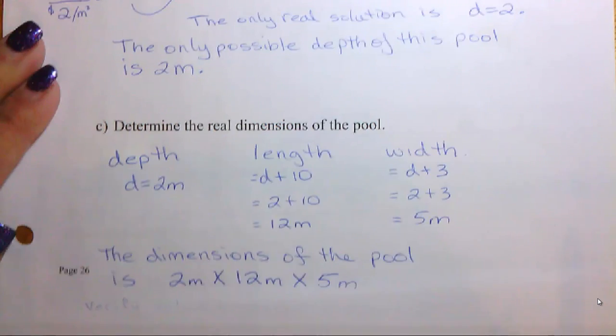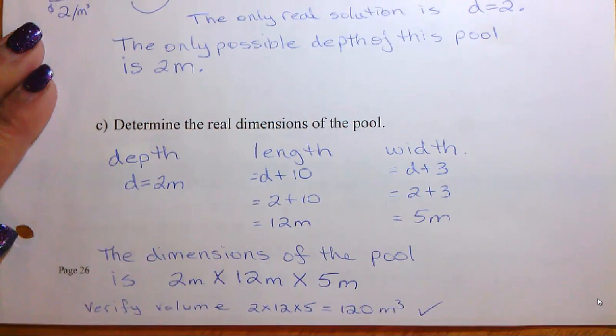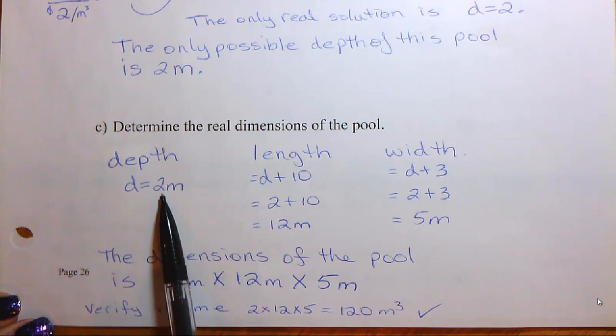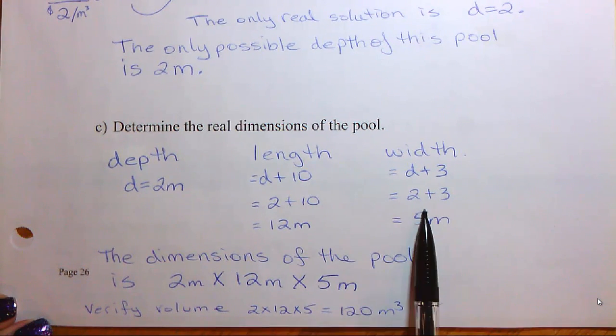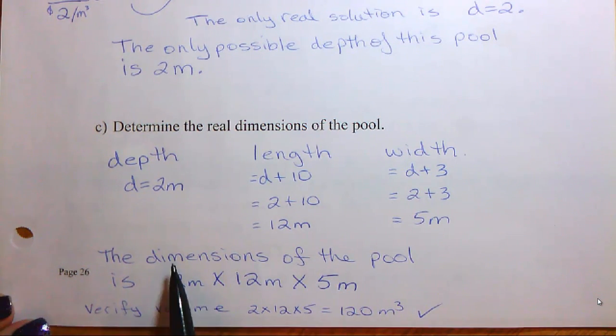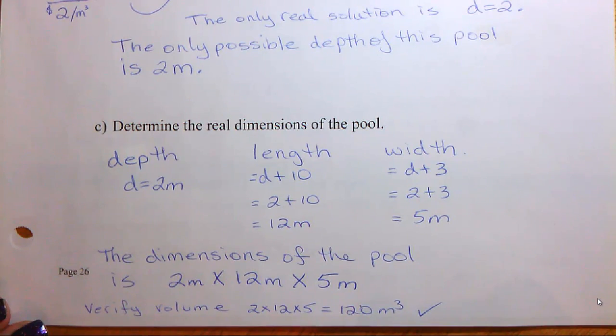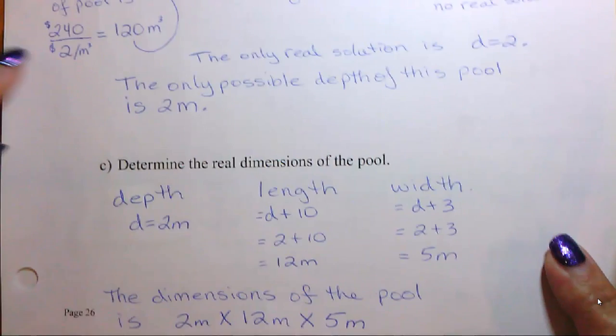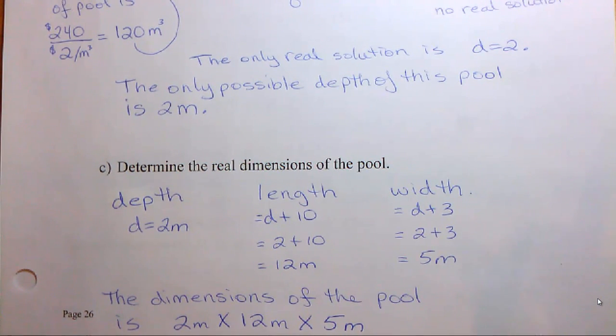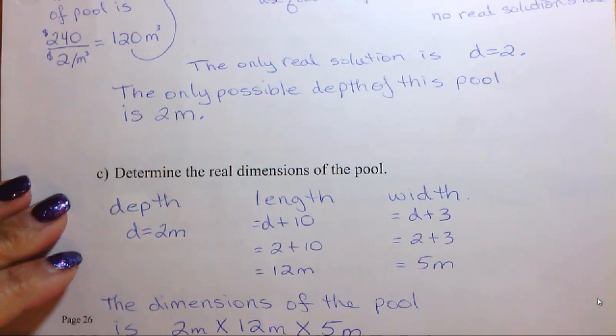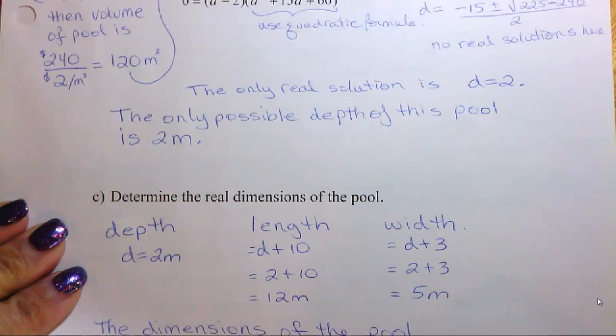And then the dimensions of the pool are 2 for the depth, 12 for the length, and 5 for the width. And then the dimensions are 2 by 12 by 5, and you can verify that the volume of it is 120 meters cubed, which also works because that's what we found here. So it's just another way to make sure that you're correct. All right, now this example